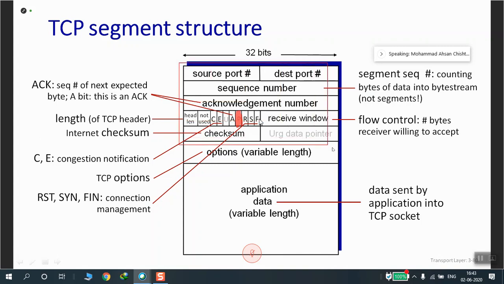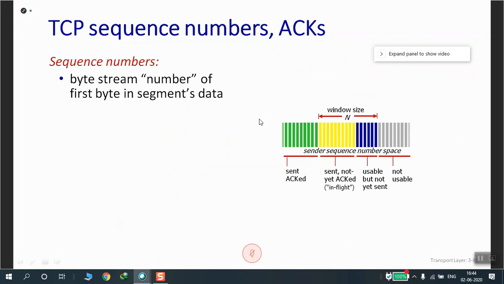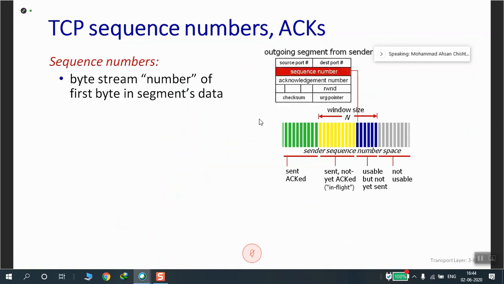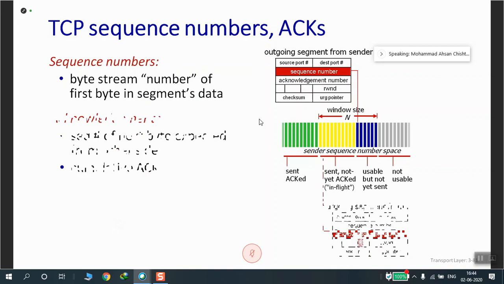Among this, this much is the header. Here it is giving an example of how we send and receive these sequence numbers.